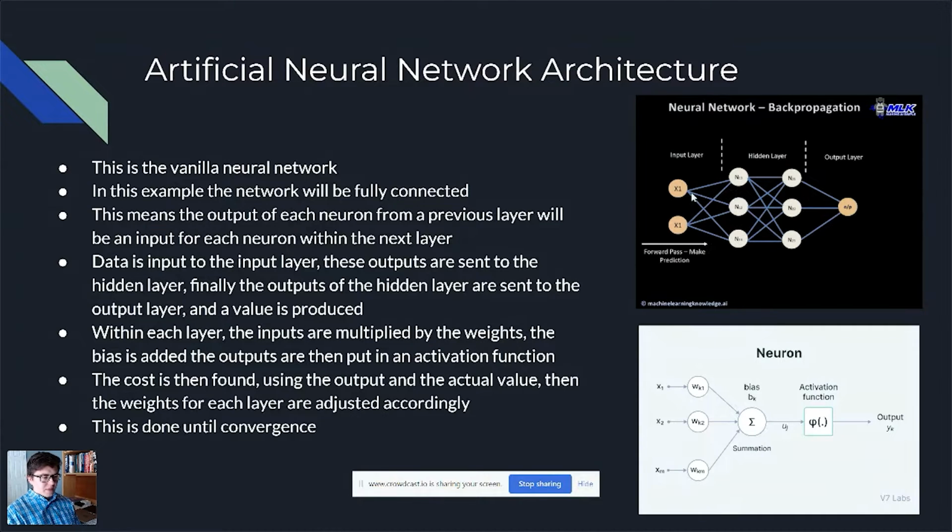You can see that this is the input data. It goes to each individual node. That input is processed and then output, and then that goes to each individual node here. And then that is sent to the output node, and an output is produced. So this is essentially what it means to be fully connected. The output from one layer becomes the input of another, and then you can see that once we reach the end,